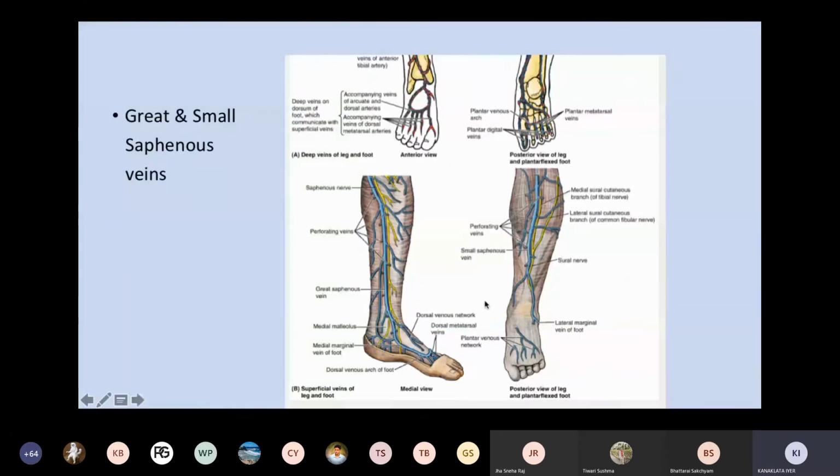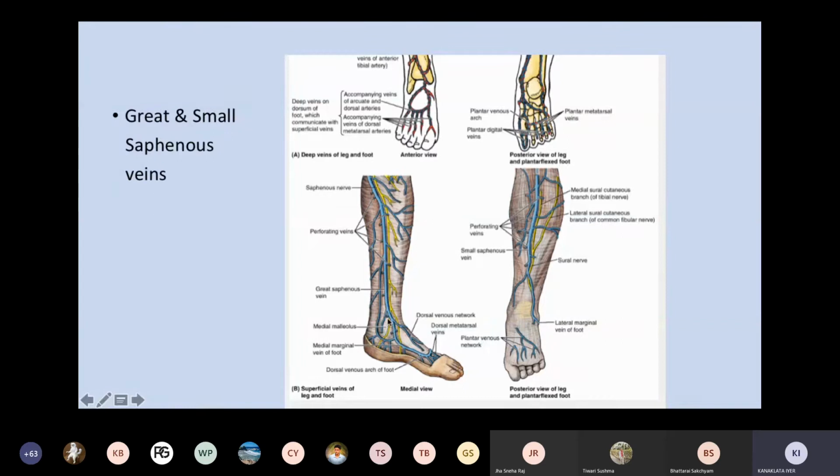And now here you can see the comparison. All right, so the great saphenous vein is definitely longer than the short saphenous. The great begins from the medial end of the dorsal venous arch, while the short begins at the lateral end of the dorsal venous arch. The great saphenous vein is accompanied by the saphenous nerve, while the short saphenous is accompanied by the sural nerve. Both have valves. Great saphenous has 10 to 12. Here it will be 7 to 13. Roughly, these are the valves it has.